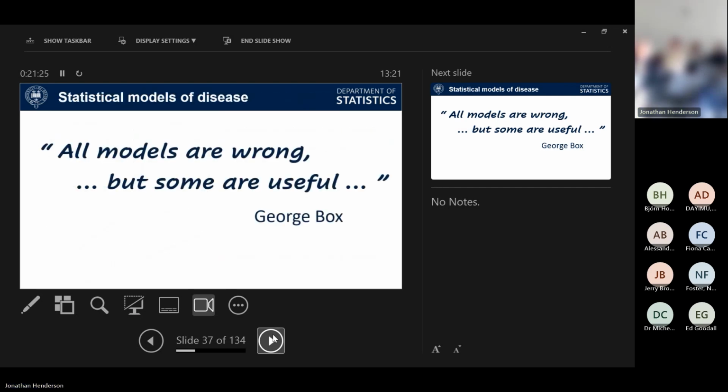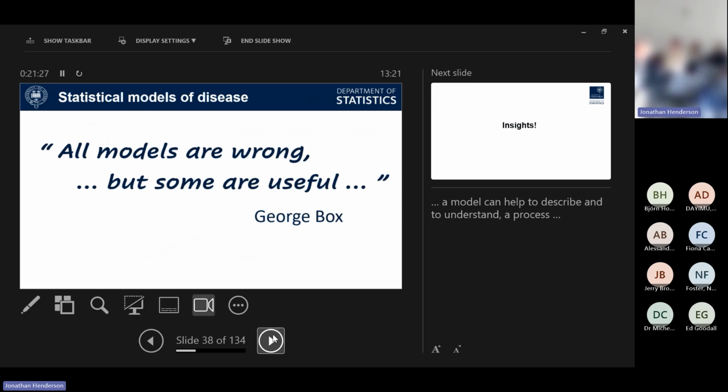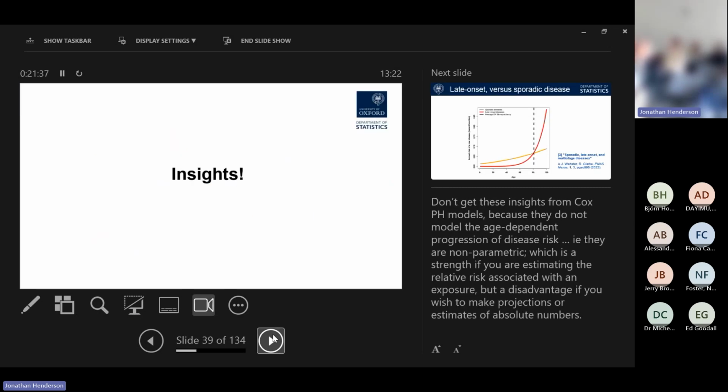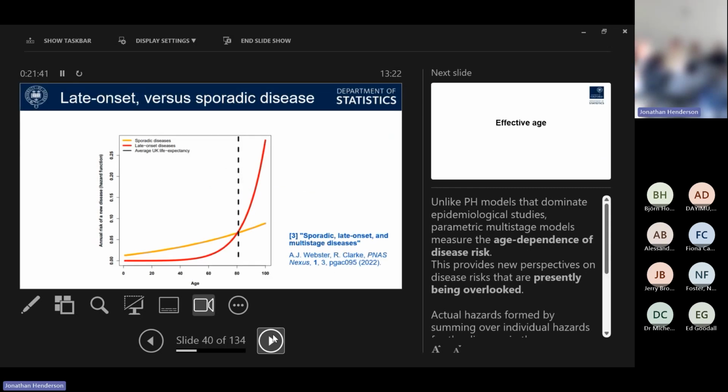Okay. So going back to the George Box quote, all models are wrong, but some are useful. So the most useful thing about this model are the insights that it provides. So once you take several hundred diseases and you start trying to cluster them by their characteristics, several things start to stand out. One is that whereas some diseases are sort of a low risk throughout your life,